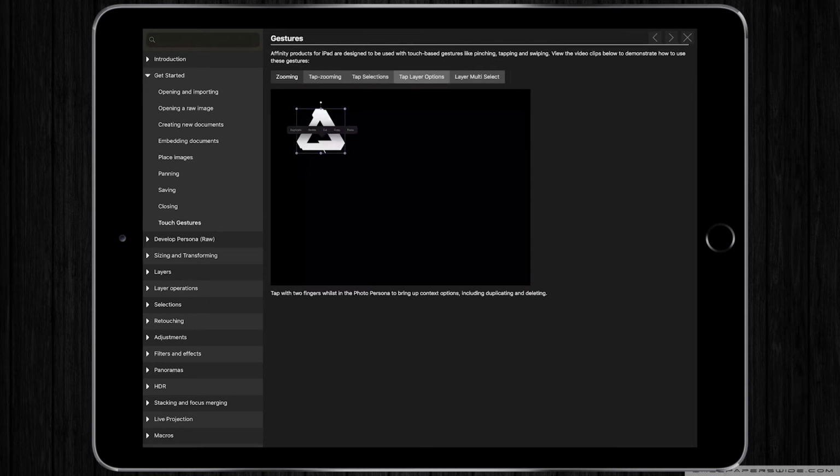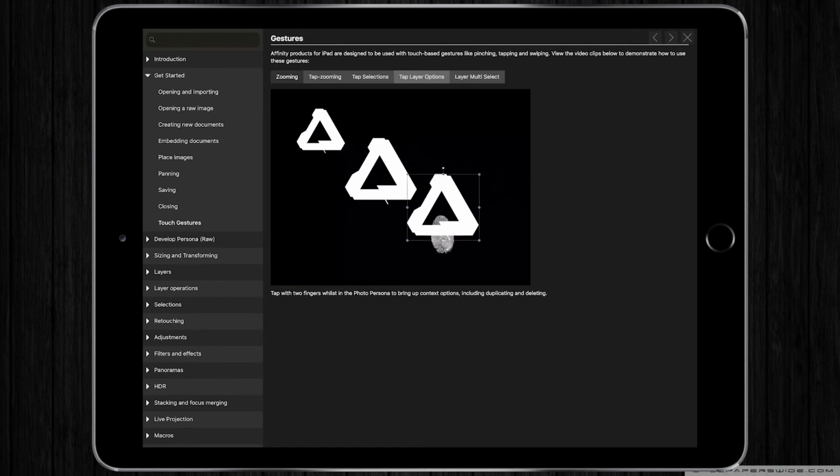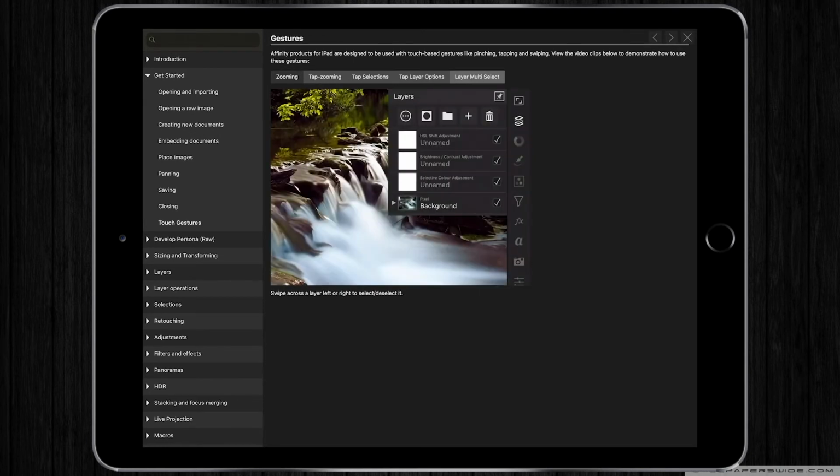You could do tap layers. So that's an easy one to duplicate it. And then you can do layer multi-select. So that's another one. So just by coming over here, you get a basic understanding of how Affinity Photo can really help you as a marketer